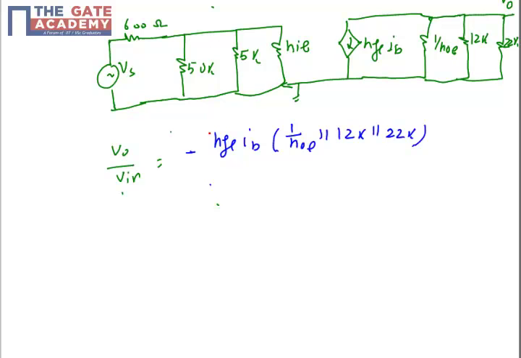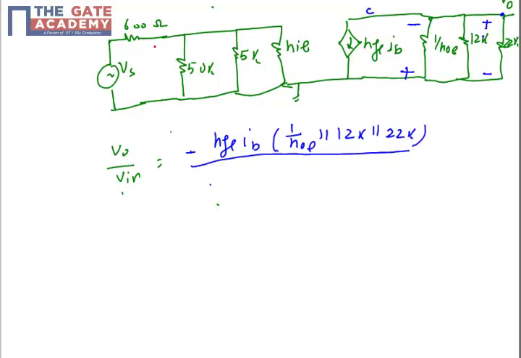The important thing is why I have put the minus sign here, because my current is HFE IB. We know that in a passive terminal the current polarity is in the direction of the current: the first terminal is positive, the second terminal is negative. That is my current polarity. And what is my voltage polarity? I am taking V0 from this collector terminal, so voltage polarity is plus and minus. You can see that my voltage and current polarities are reversed, so we will have one minus sign. Okay, so that's why for the calculation of V0 I have put the minus sign.